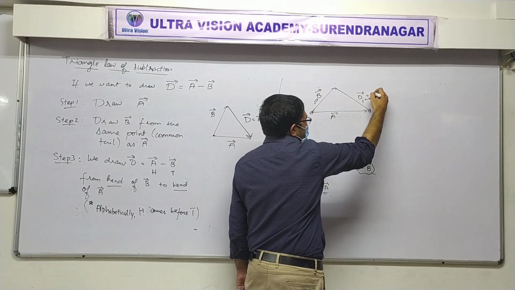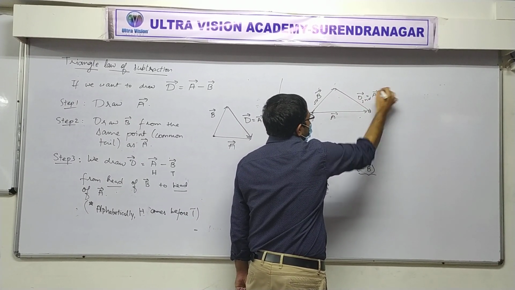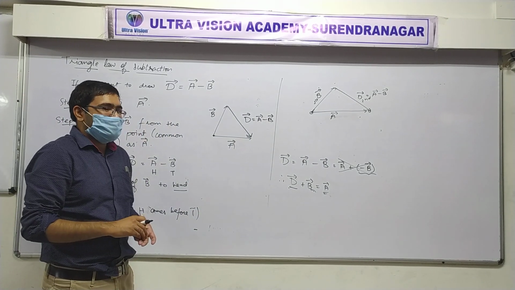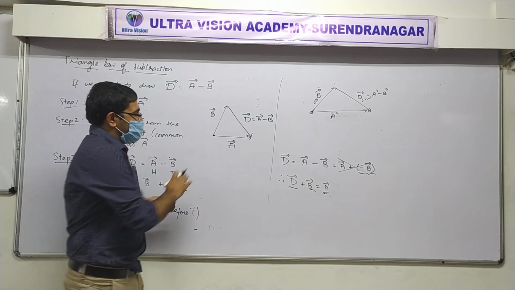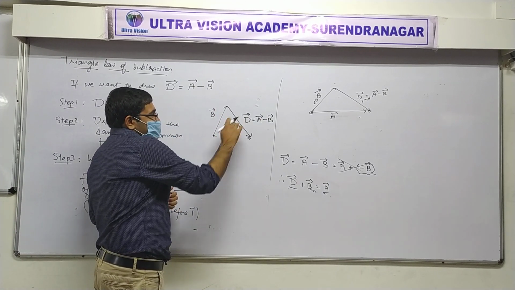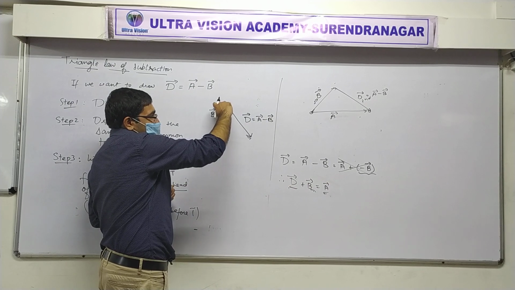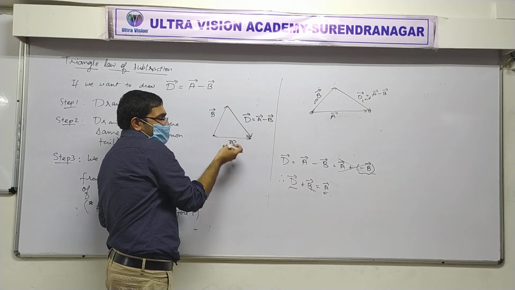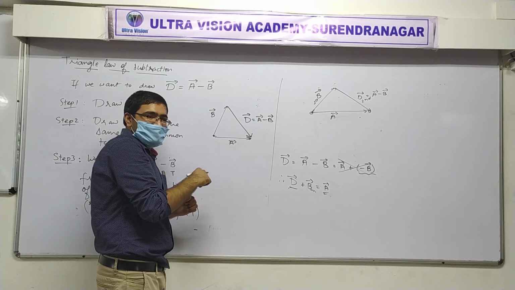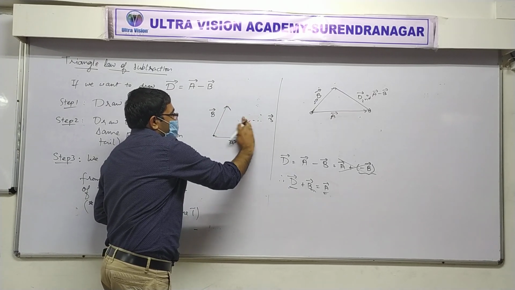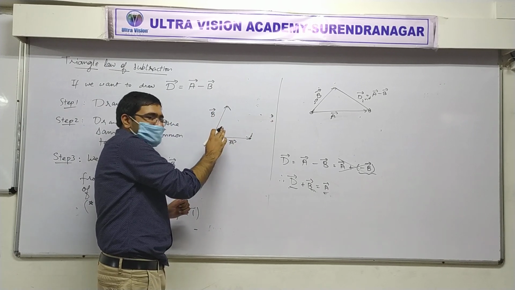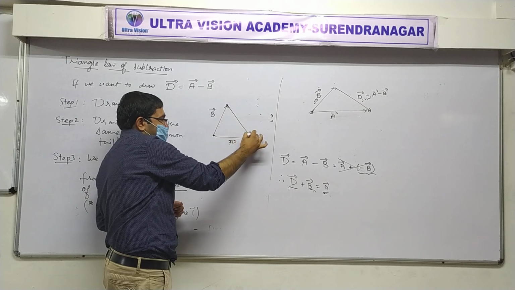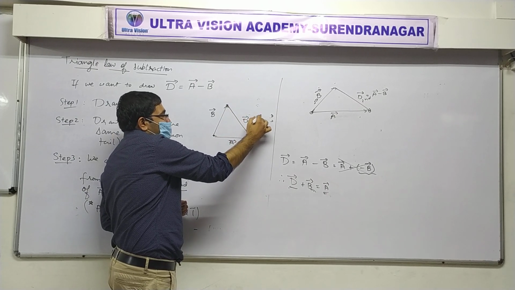But what was this D vector actually? It was A vector minus B vector. So the way of writing it is different. A vector, B vector. So instead of considering D, if you just take it this way, first B, then D, the total of the two is A. Then this looks like triangle of addition. But if you describe it in this way, that we draw two vectors A and B, and then we join from the head of B to the head of A, then this looks like triangle of subtraction.